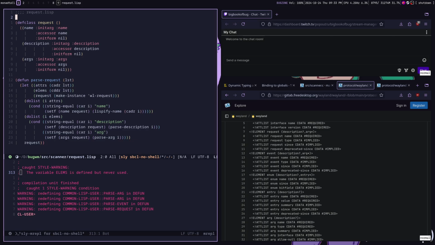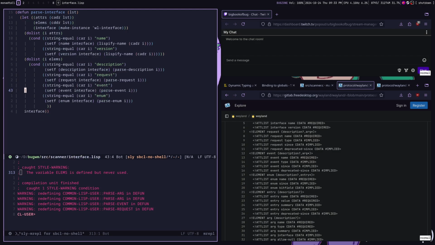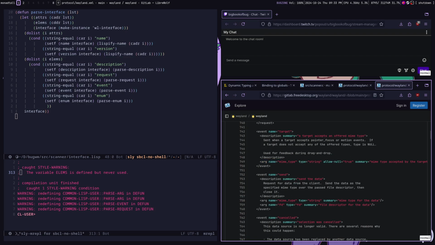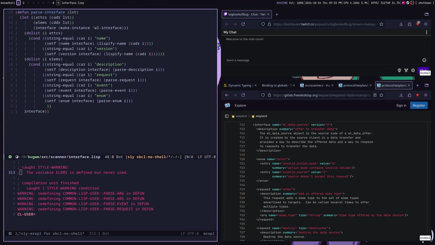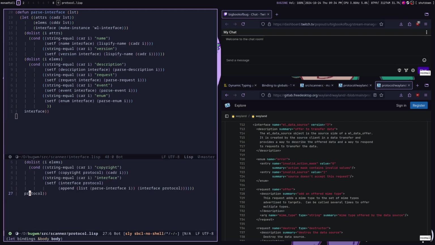And now let's go back to our interfaces. I think the only other catch with requests and events is we're going to have multiple and a single interface. So a single interface can take multiple requests and events. So that's interfaces. Let's go to protocol.lisp